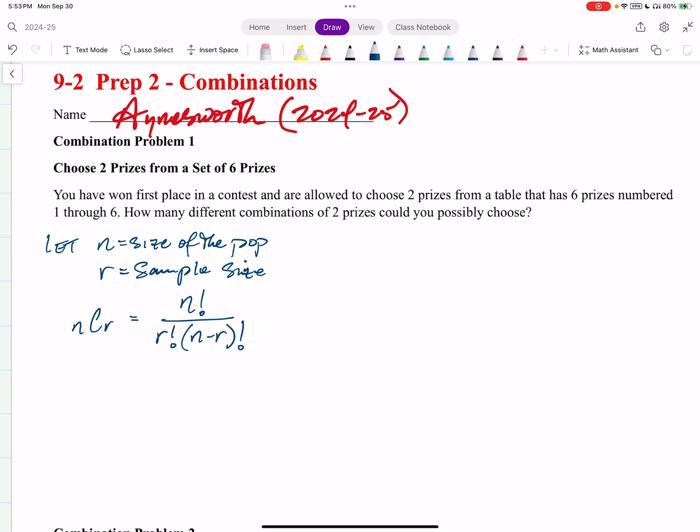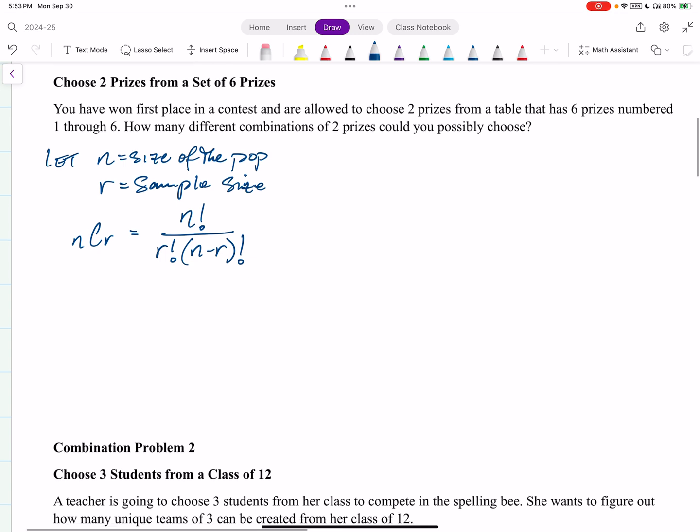Okay? And so what I need to do is define what it means to be a factorial, and then we can apply this. Okay, and this formula here, in general, gives us the number of combinations of r elements chosen randomly from a set of n elements. Okay, so I'm going to write that down and then we're going to apply it. So the number of combinations, number of combos, as they say, of r elements chosen,